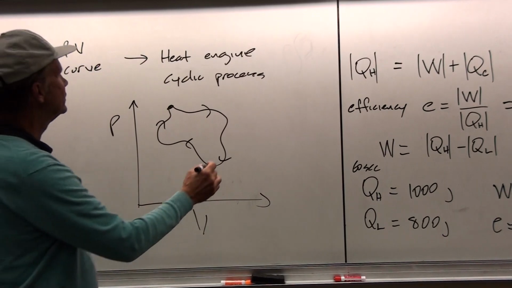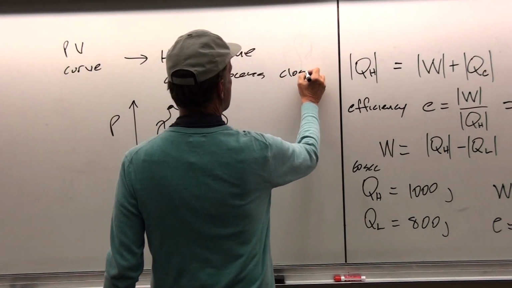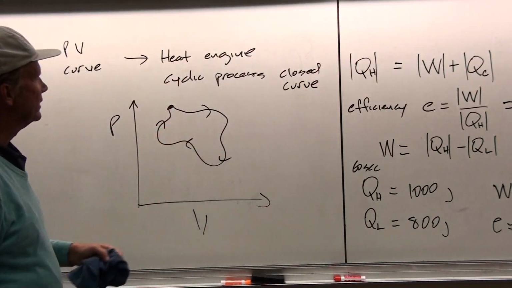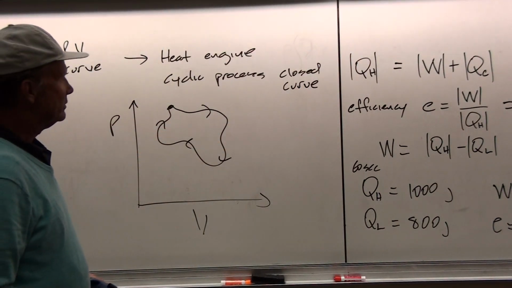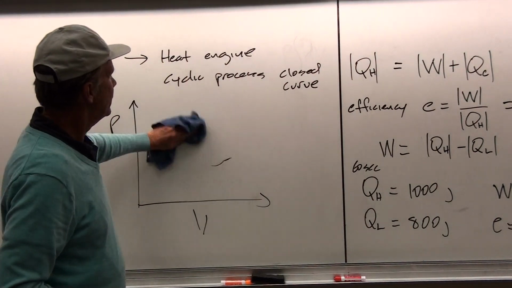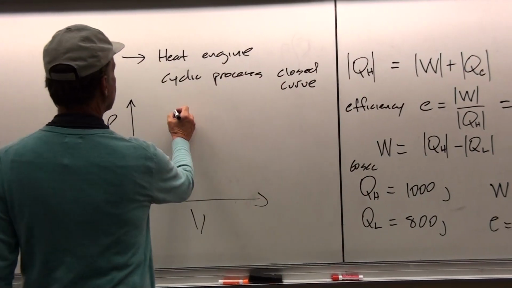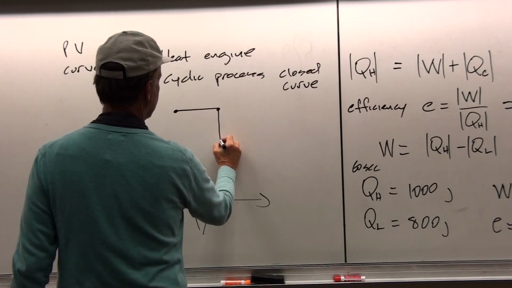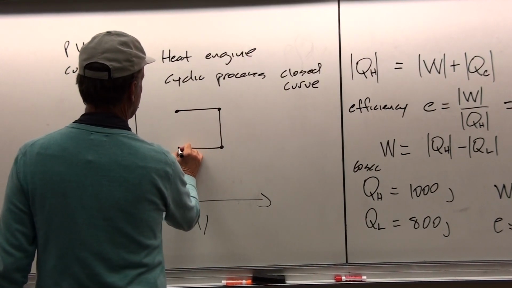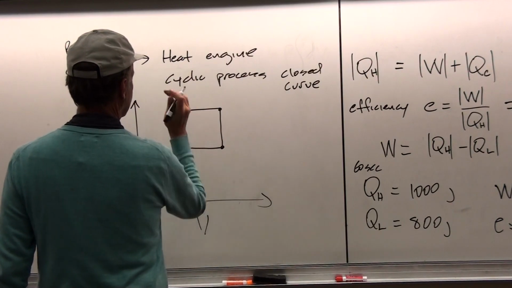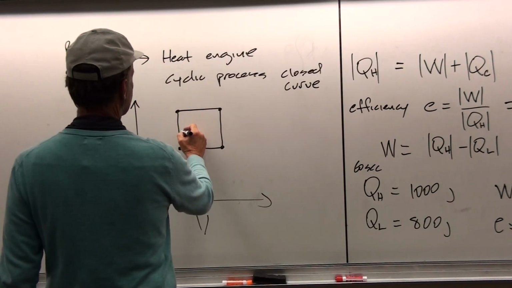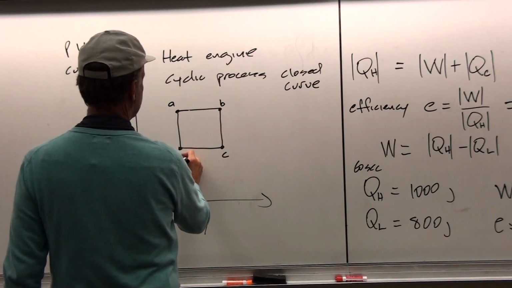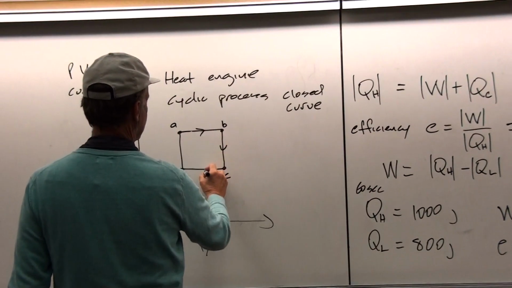So it's always a closed curve. Now, an arbitrary curve like this is hard to analyze, but we can look at a simple curve in which we have constant pressure and constant volume processes occurring all the way through. And this gives rise to an easy area under the curve. That's the reason why we're doing it this way. So you go from A to B, B to C, C to D like this.